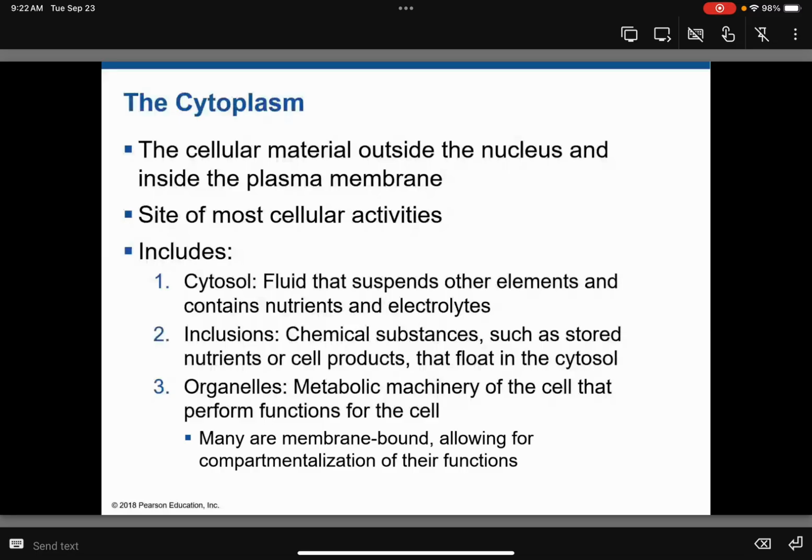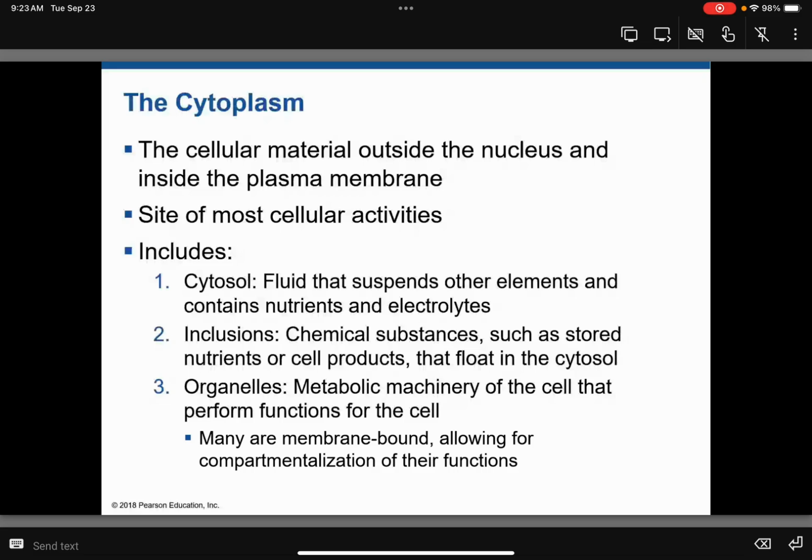Yesterday, this is where we ended on our notes. We were just getting into the actual contents of cells. And as I said yesterday, it should be a pretty good review from what we covered when you were in biology. So first thing we started talking about was cytoplasm, which we usually refer to as being the